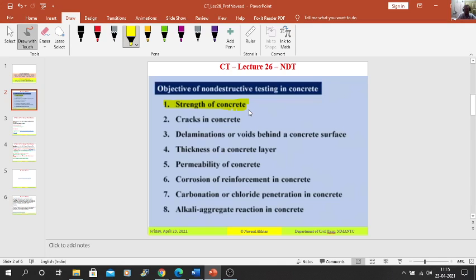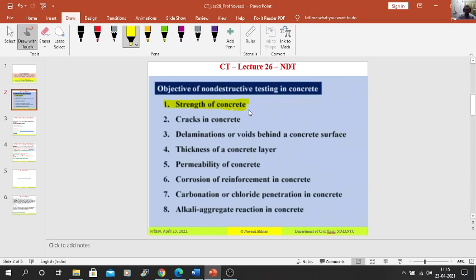Now this NDT, the non-destructive test, will be carried out on the structures, whereas the destructive test we carry out on the specimen we prepare from the same concrete. But the non-destructive test you can do directly on the structure itself, so there is no need of casting the specimen.